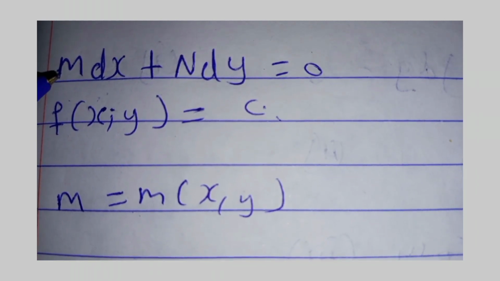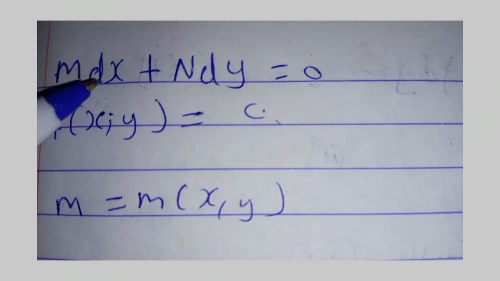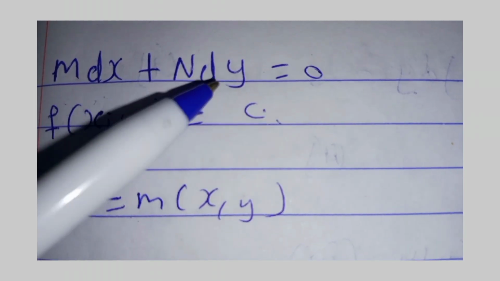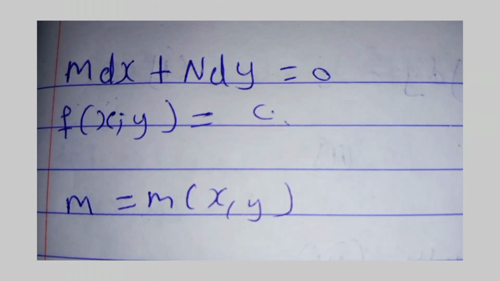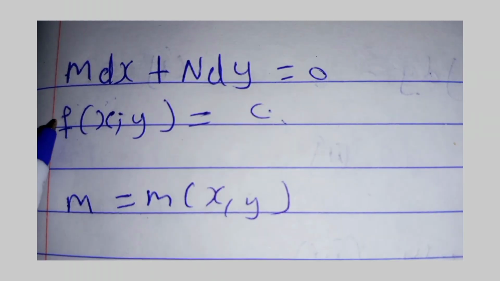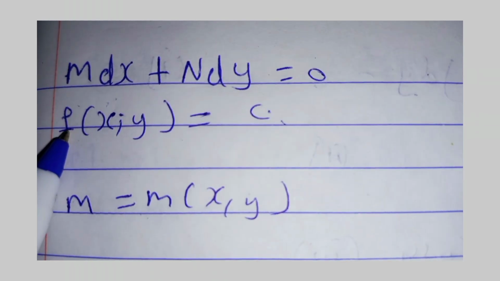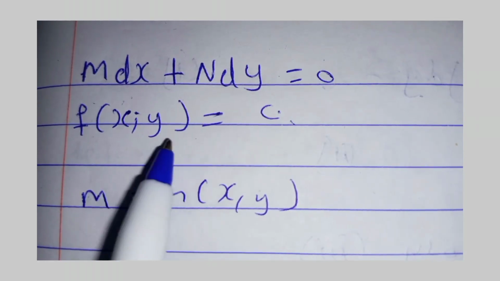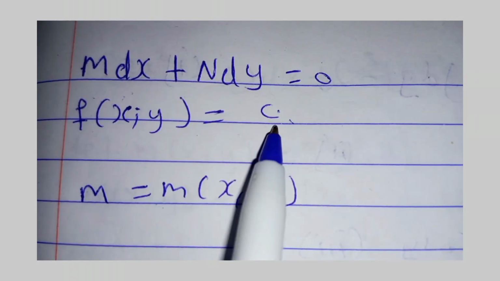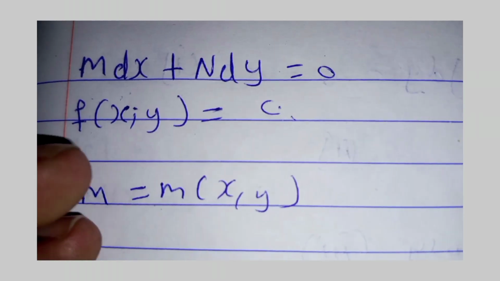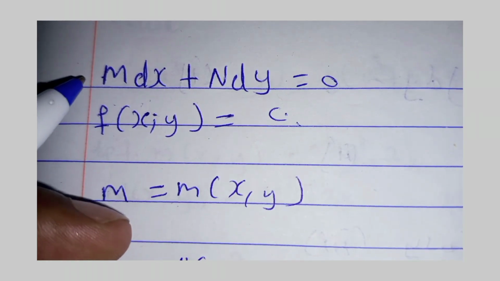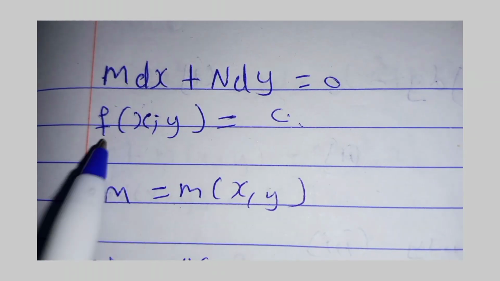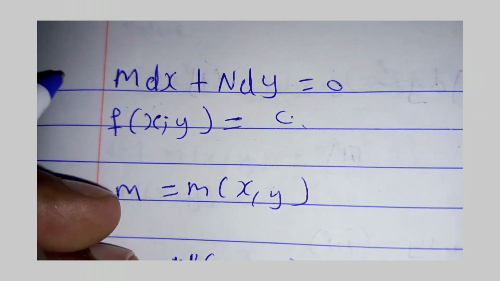So an equation of the form M dx plus N dy equal to 0 has as its general solution a function f, which is a function of x and y, equal to c, where c is a constant. We can obtain the derivative directly from this primitive form. So if we call this equation 1,